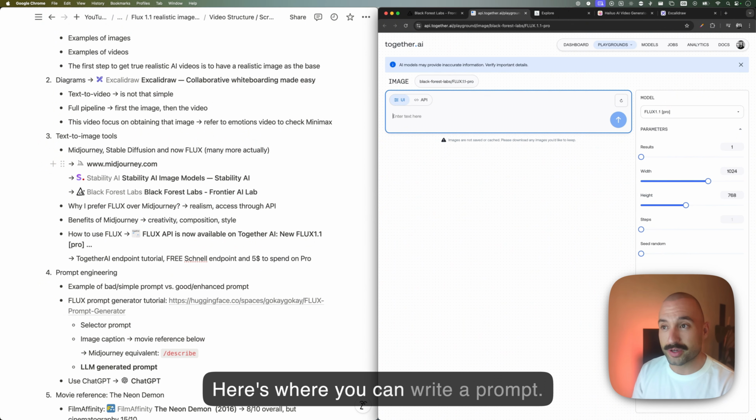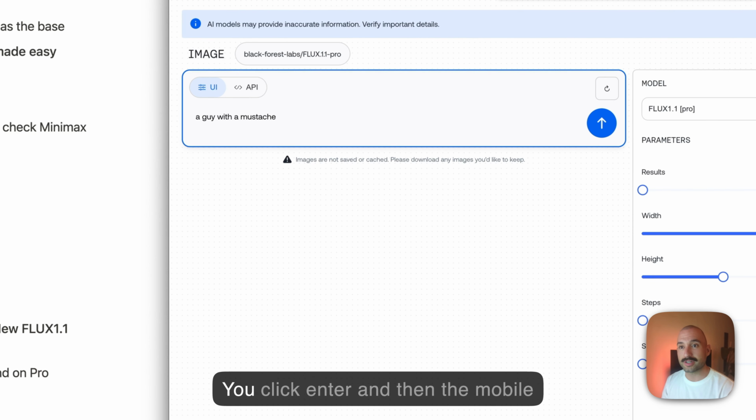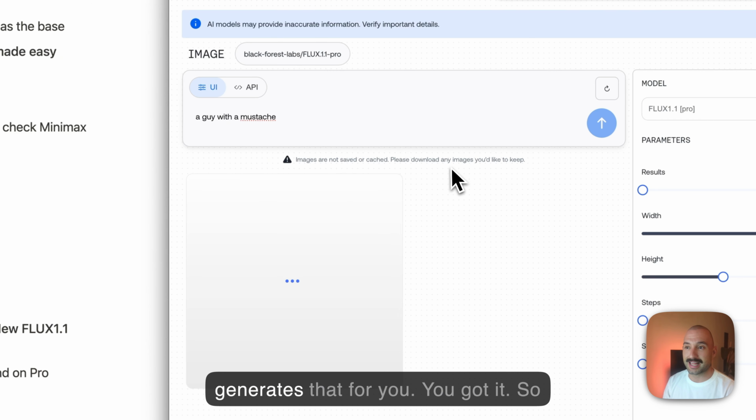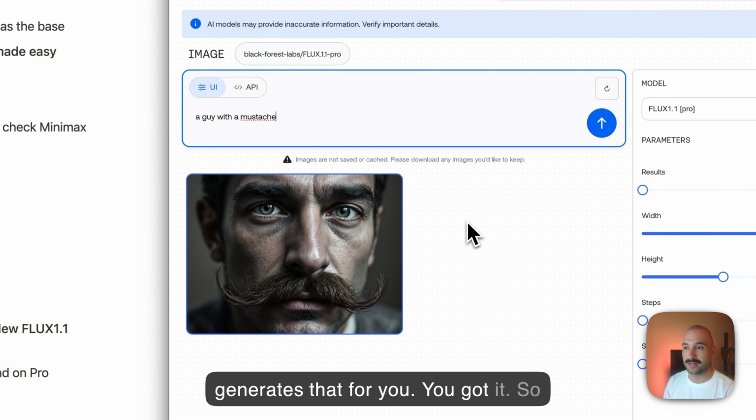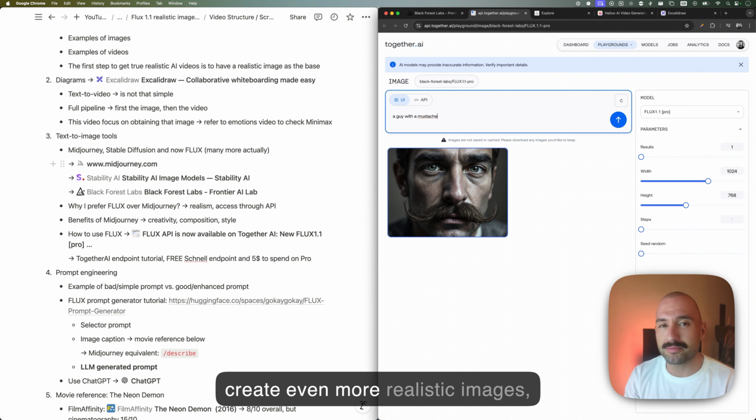Here's where you can write a prompt, for example, a guy with a mustache. You click enter, and then the model generates that for you. You got it. So this is actually a really good image. It's pretty realistic. But in this video, I'm going to show you how you can create even more realistic images,